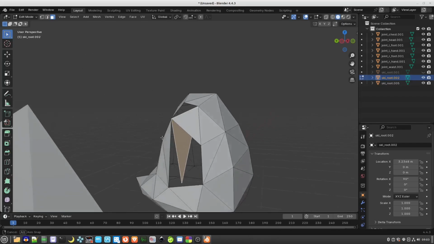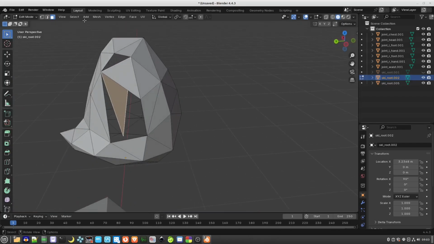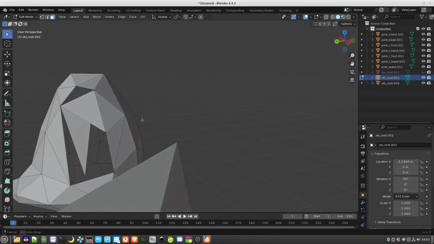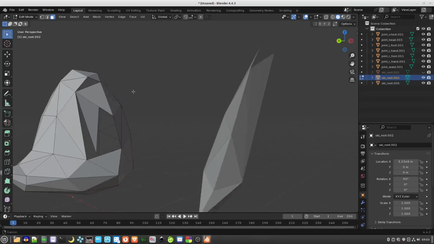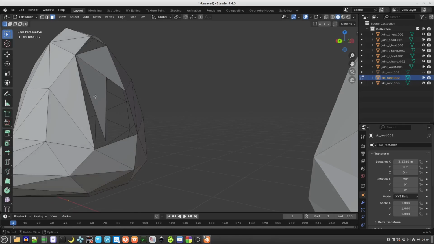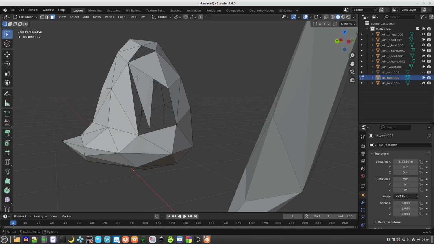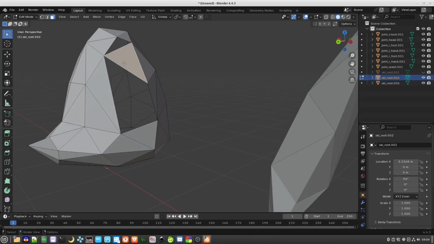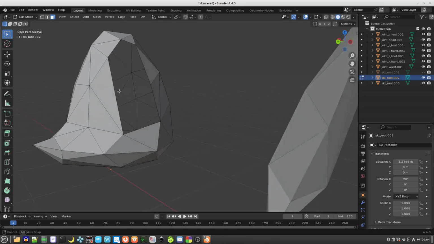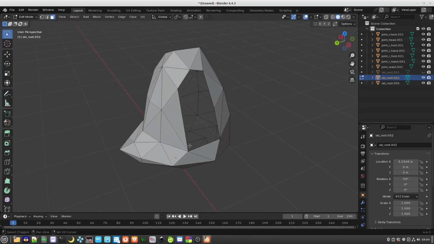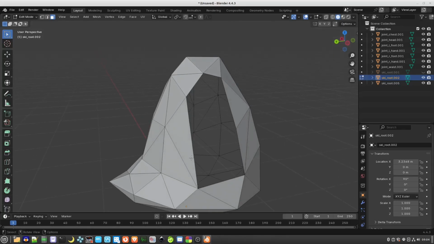Nope, still didn't fix that. There we go. So, in fact, that face doesn't look right. Let's get rid of that face. In fact, we'll get rid of that one as well. And then what we'll do is we'll rebuild those faces. So